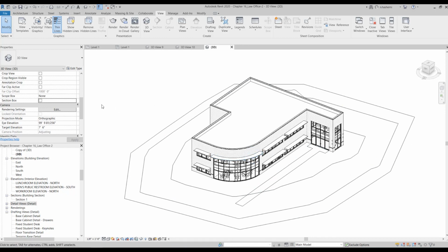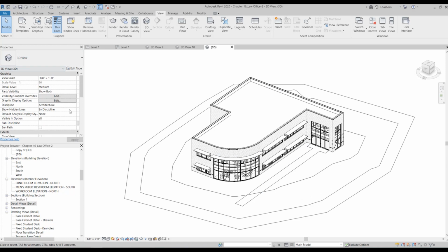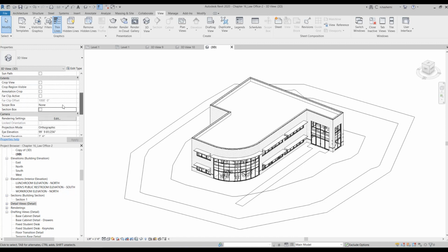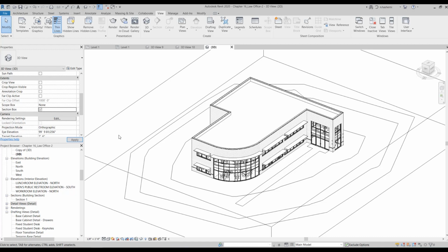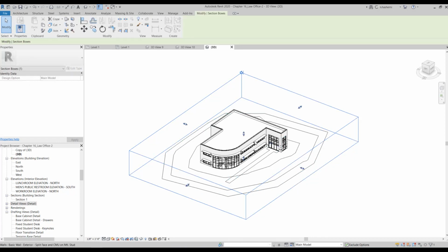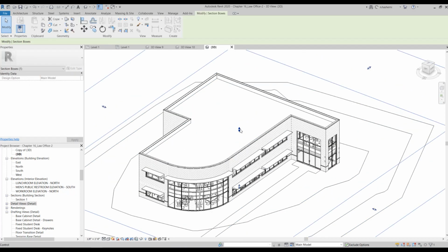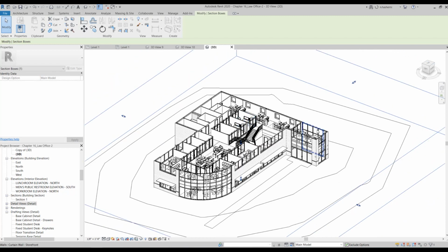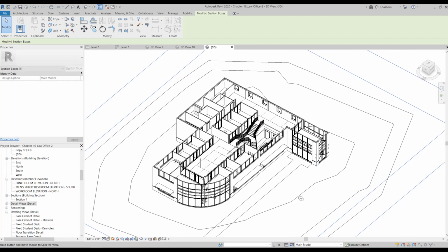You need to come here into the Properties palette, and in the Extents section, just click on Section Box. Now you are able to see this section box around your model, and you can just grab these grips and move them to wherever you want.